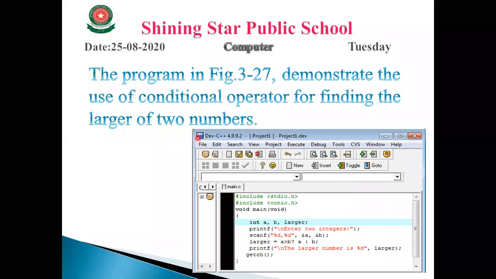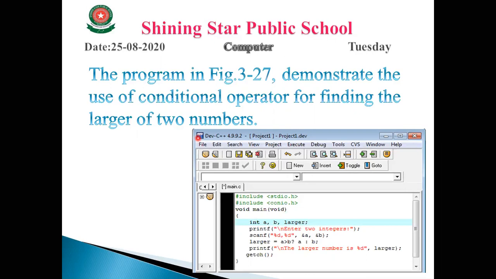Now let's take an example of the program. In this program, first of all, we have int a, b, larger, and we know that int stands for the integer data type. So it means a, b, and larger contain integer data type data. Means a contains 5, 10, 11, 12 without point. B is also without point, larger is also without point. So these are the without point digits.